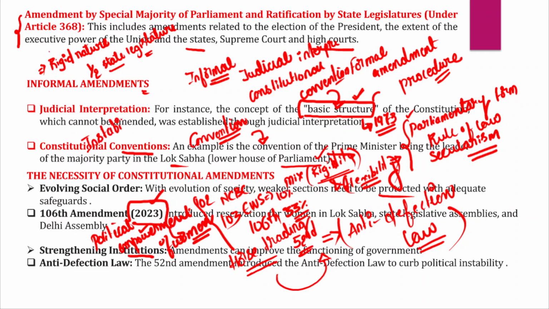I hope you knew about this. So why do political defections cause instability? Because if a particular political party decides to form a government, the political party must have a certain majority. If the political party fails to get a certain majority, then it cannot form the government. Even if it forms the government, it should be able to retain the majority in the state legislature.